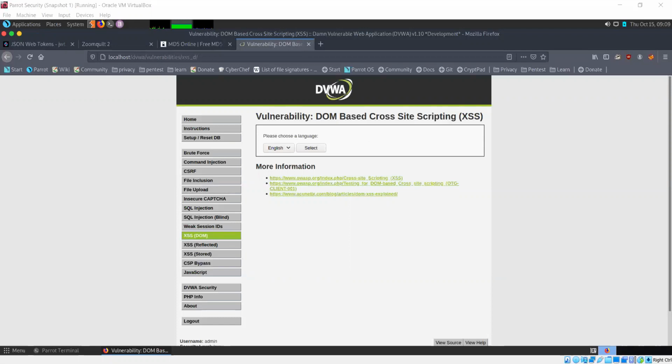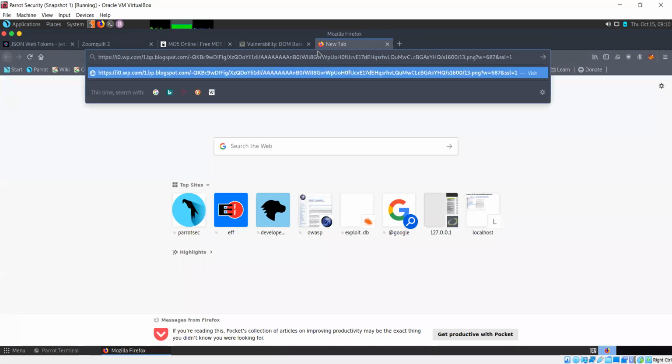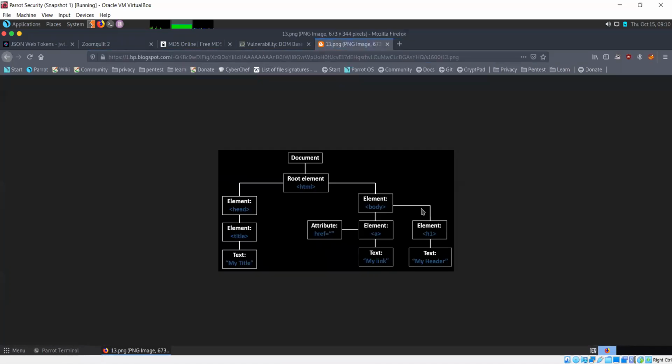Let me look for it. So this is the diagram.